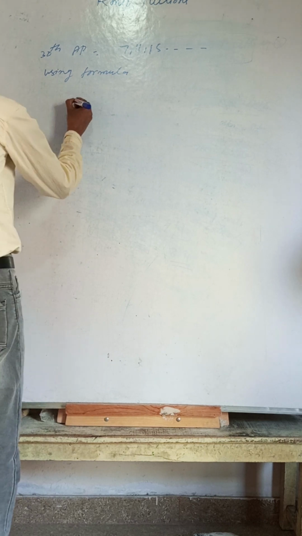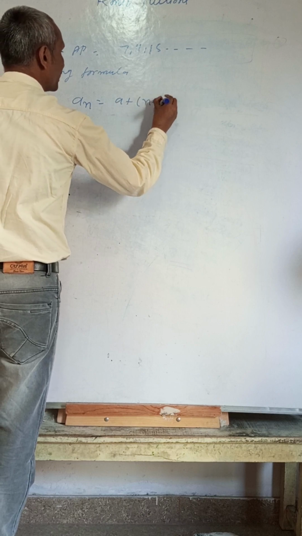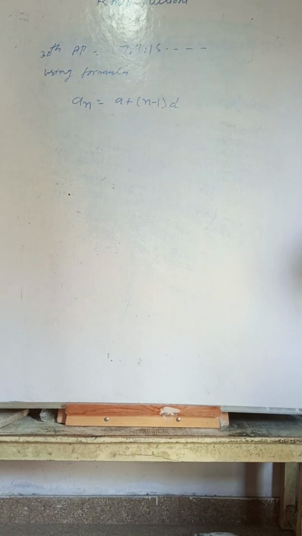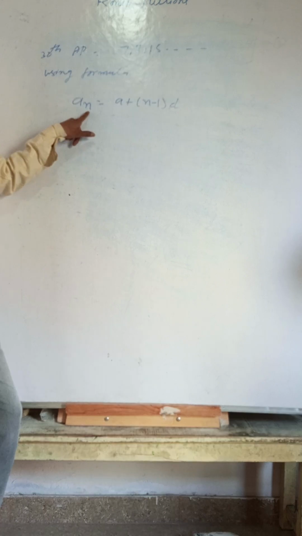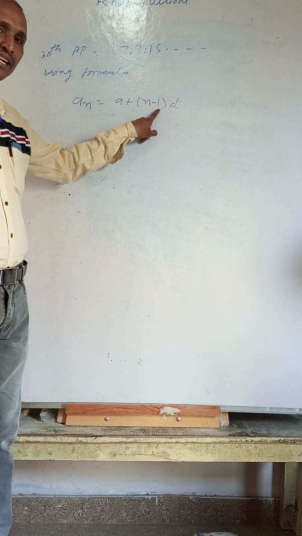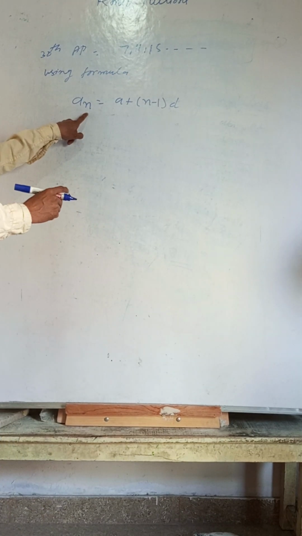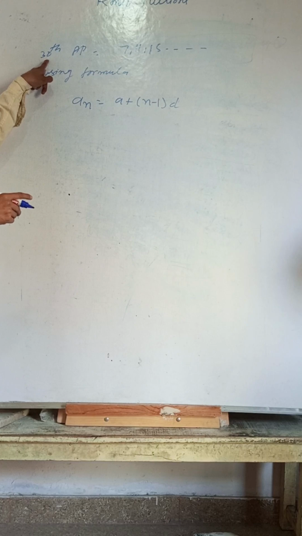term that is asked. Here the formula is: an is equal to a plus (n minus 1) into d. Here an means the nth term, a means the first term, n means the number of terms, and d means the common difference. Which term is asked? The 30th. So we write